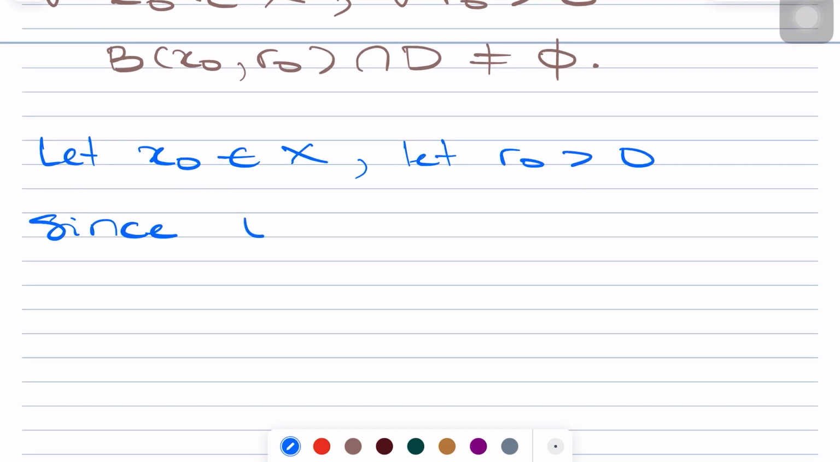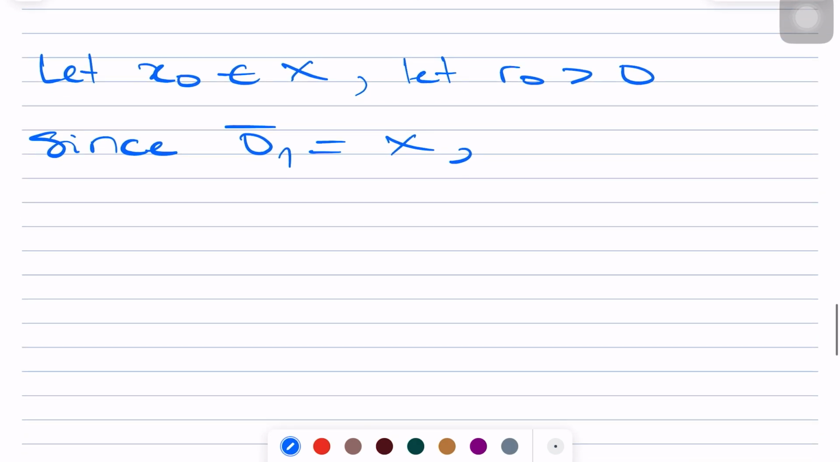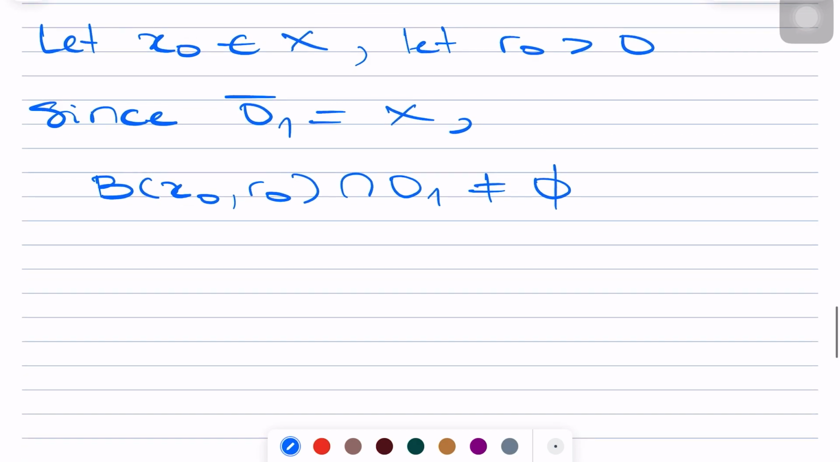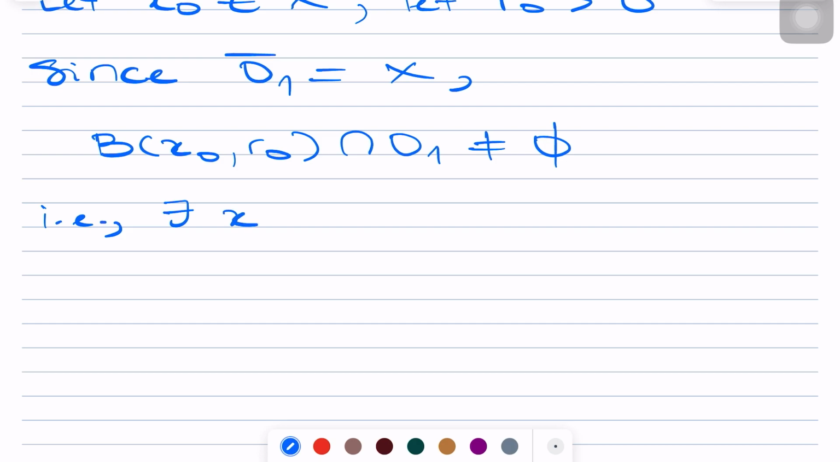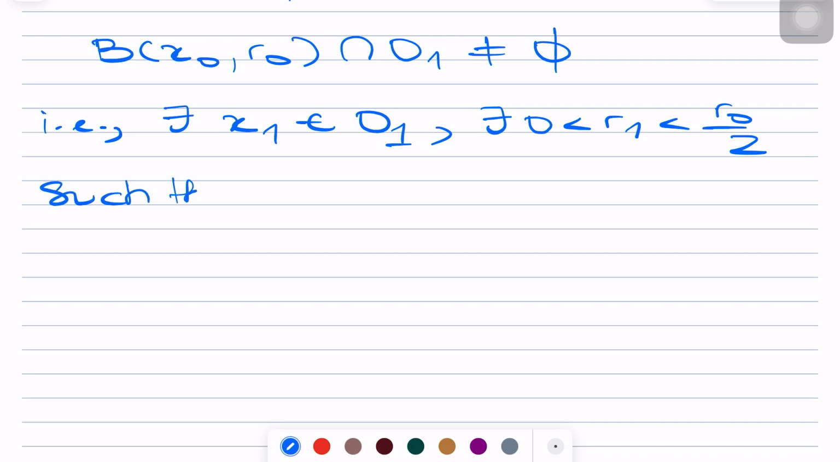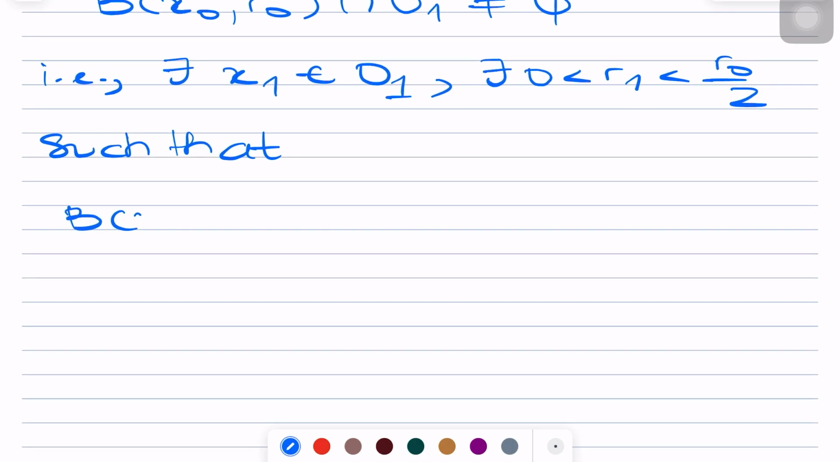Since O_1 is dense in X, we know that the ball centered at x0 and radius r0 intersects O_1. So this means there is an element x1 in O_1. And here I will go a bit one step further, and there exists also a radius, say r1, positive, less than r0/2, such that the closure of the ball centered at x1 and radius r1 is contained in O_1 intersected with